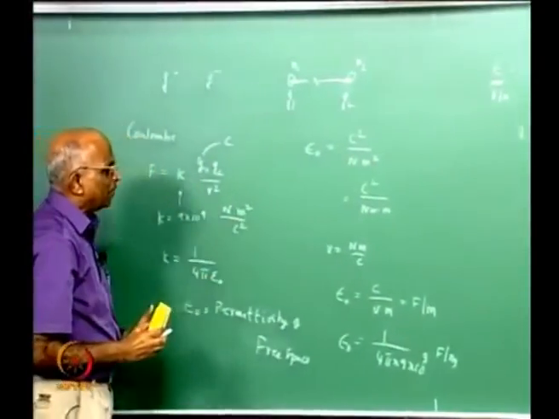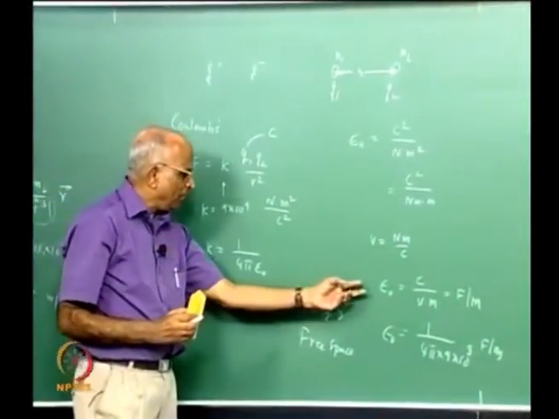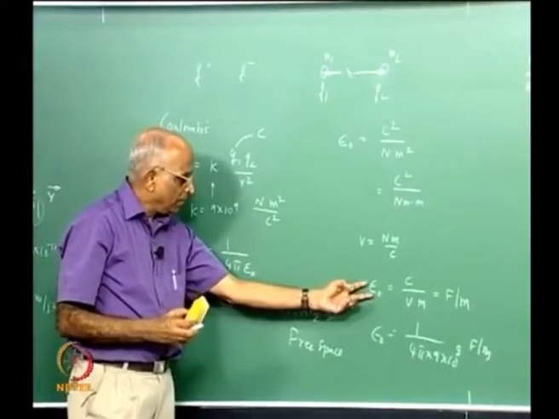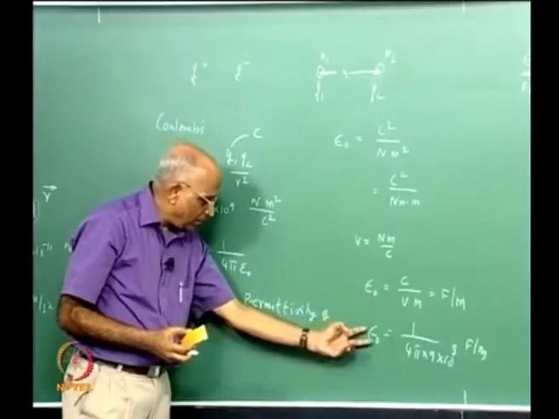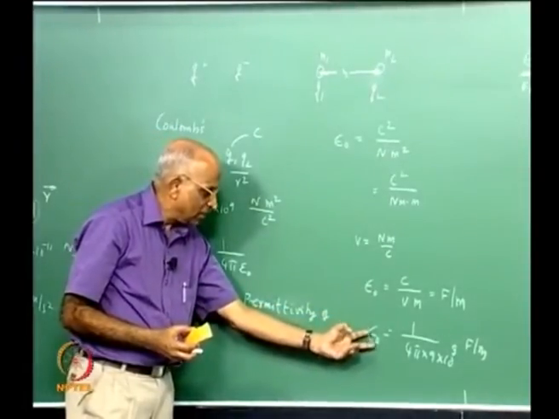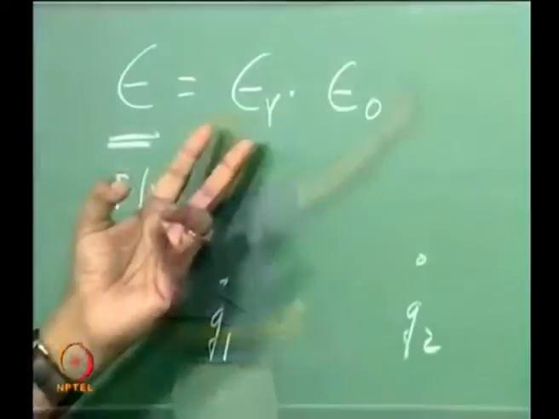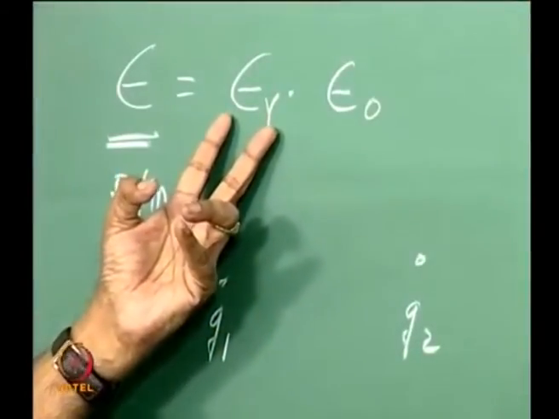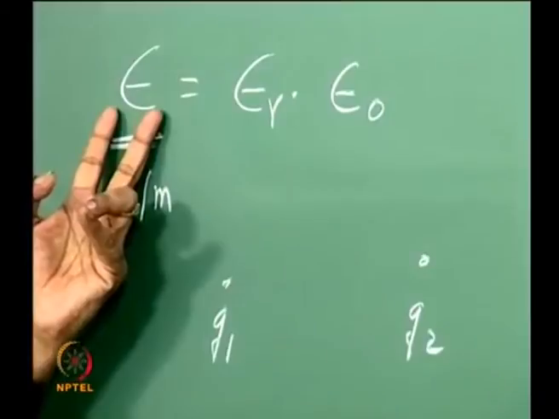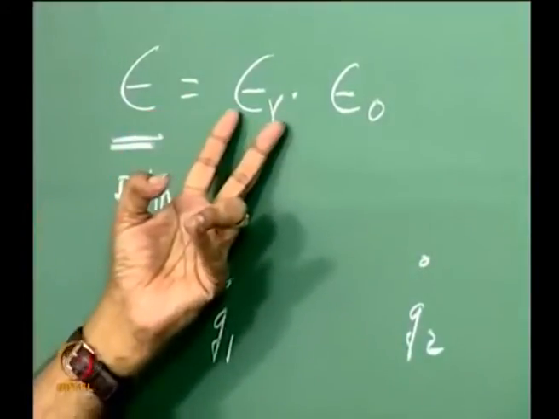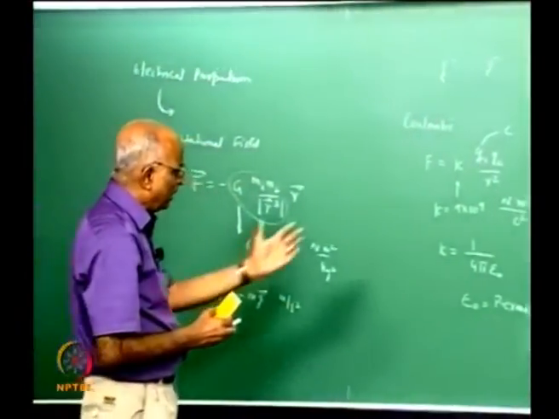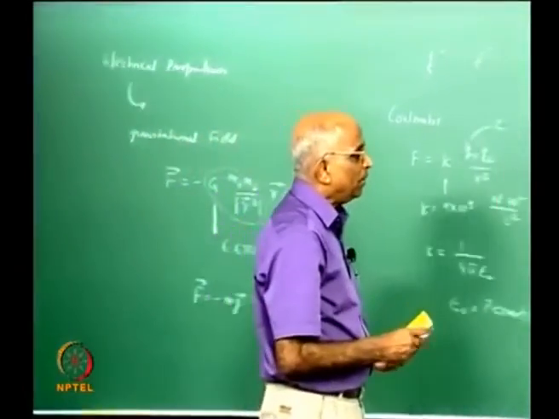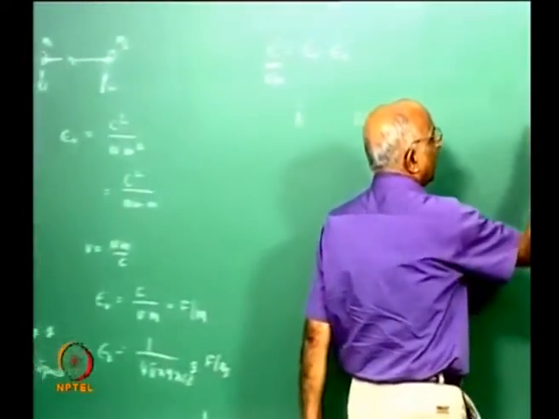We will keep this in our mind because when we do a problem we must be able to relate the problem. Maybe in vacuum I use the permittivity of free space, in a medium in which I have something else I have to use relative permittivity. This is just a number which says how much more is the permittivity of the particular medium compared to the permittivity of free space. But I was interested in something else, not really in permittivity, but permittivity is a basic thing whenever we talk of